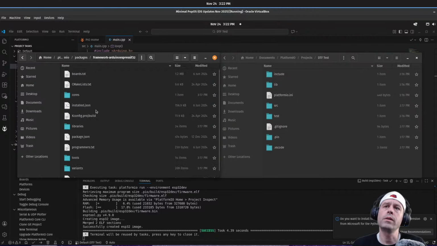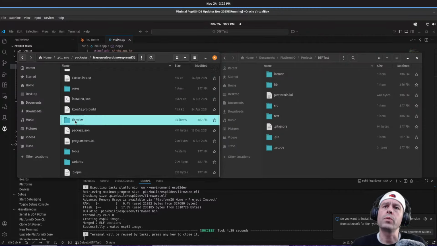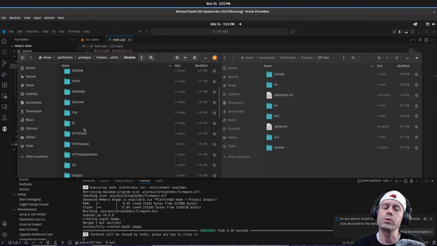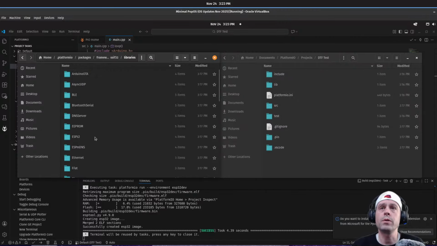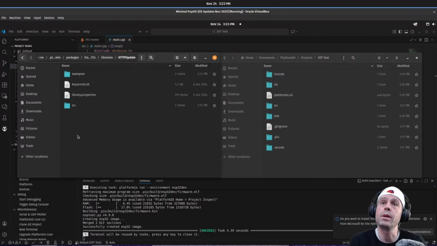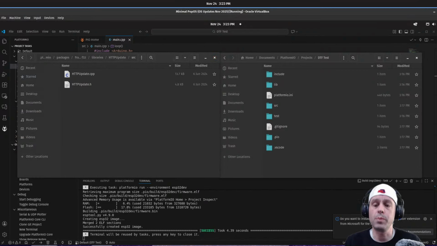So if I click on that, I can see, oh, sweet, libraries. Let me come into here. Hey, these are all the Arduino. So there's the Arduino core that Espressif publishes, which is the Arduino wrapper over IDF. And so you get all your Arduino syntax and everything. But you can do this in a native IDF product. And so they've offered that, and that's very popular with the Arduino IDE, but you can also use it in the native ESP-IDF project, just as a component. But these I am very familiar with. If I come into HTTP update, I will see the source, and this is just straight Arduino.